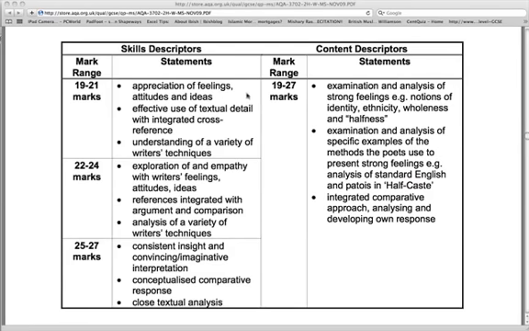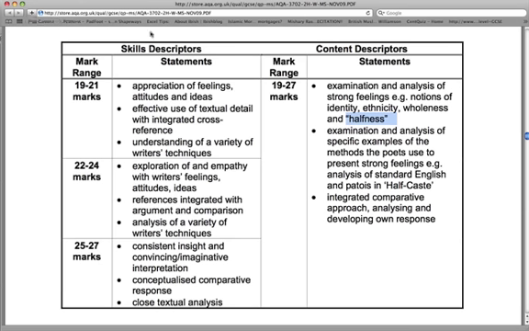Okay, welcome. We're now going to be looking at the A-star mark scheme and responses for the poetry paper in language. So this is paper 2, section A. Now, you'll notice straight away that this is the mark scheme, and we have skills descriptors and content descriptors. The content descriptors will actually change year on year depending on what the question is, because it's to do with what the examiner is expecting you to have mentioned about the poem or the one you're comparing it to,